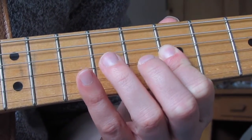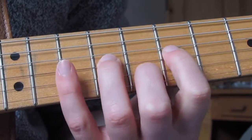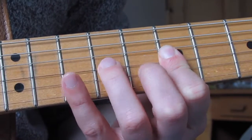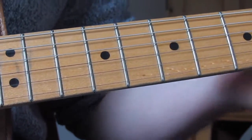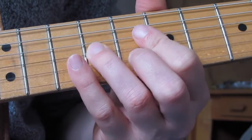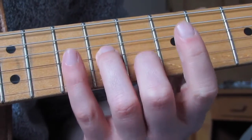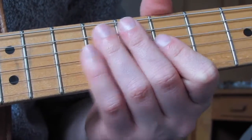Then the next 2 bars are the same. Okay, we're nearly there. 2 more bars to go. 8 and 9 again, shocking, that's what we're going to play. It's quite a short note, actually, that one. It's just on its own. And then we're going to play 8 and 9 and then the 7s. So you end up with, after going,